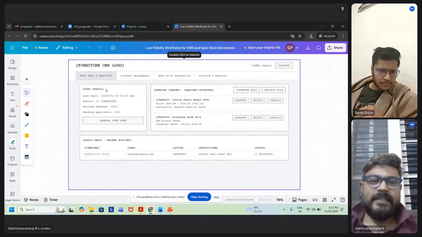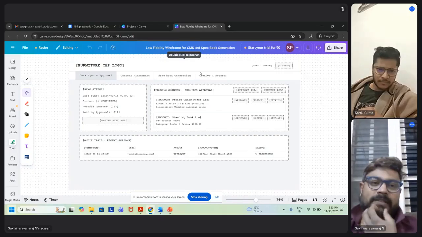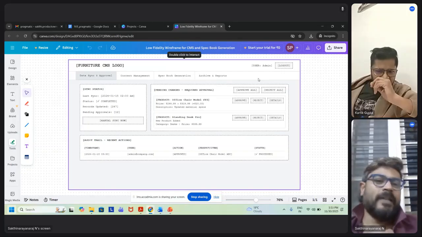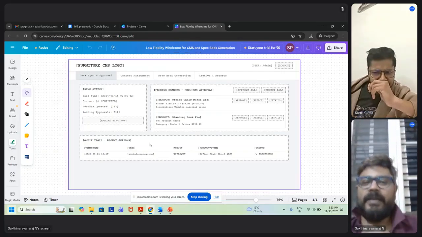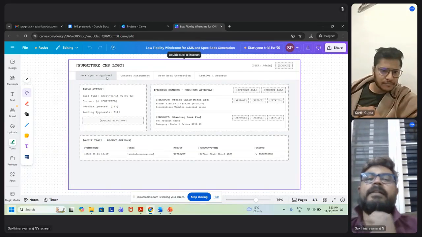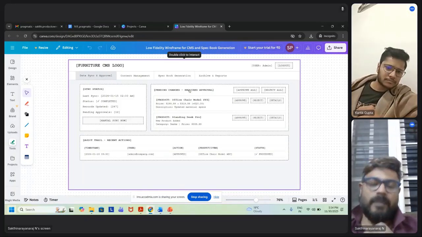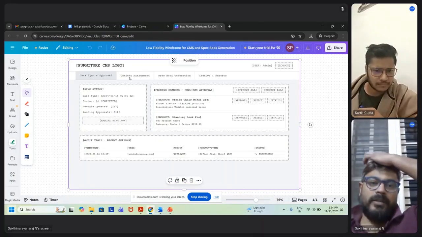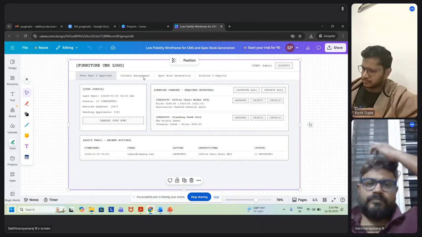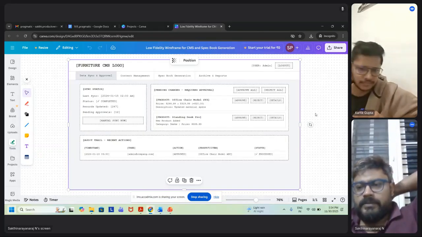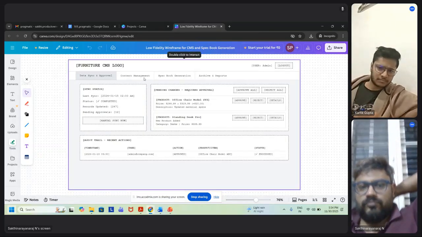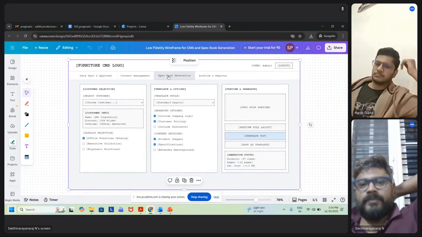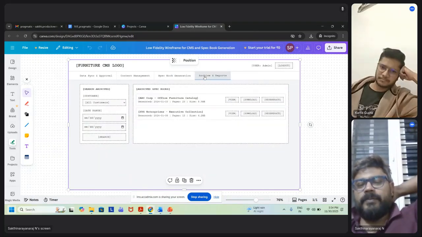So this is the design we created. As soon as the user launches this application, he logs in through single sign-on and sees this page. This product has four tabs: data sync and approval, content management system, spec book generation, archive reports and support.